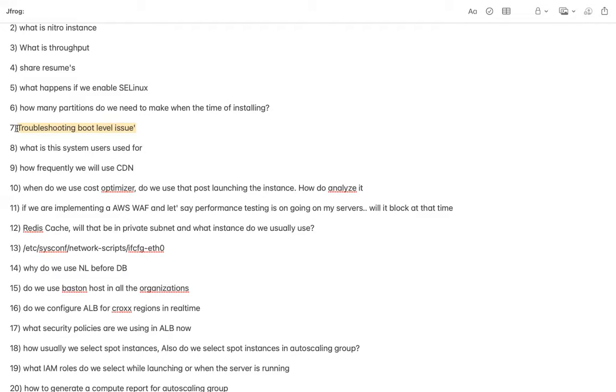If we have any specific scenario or situation, then definitely I can throw some light on it. But boot level is a really vast field. So we will have to take care of these scenarios depending on whether it is related to the file system, your kernel, or GRUB. This sort of scenario we will have to consider.